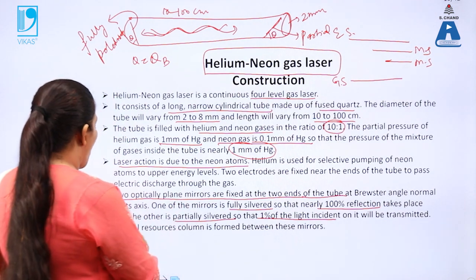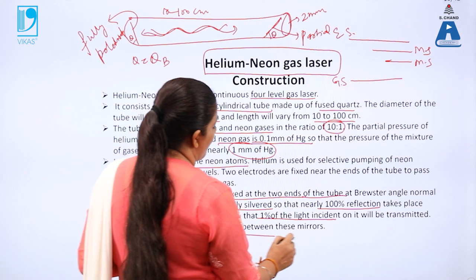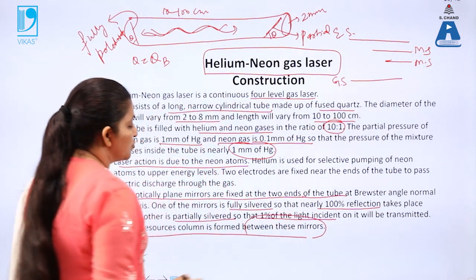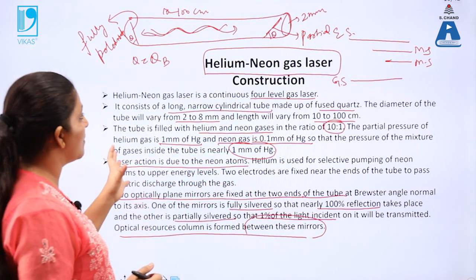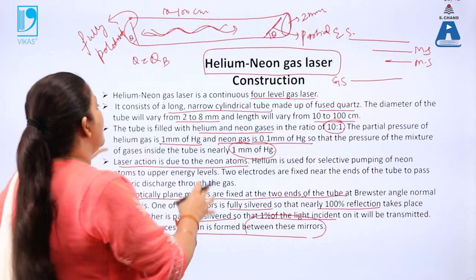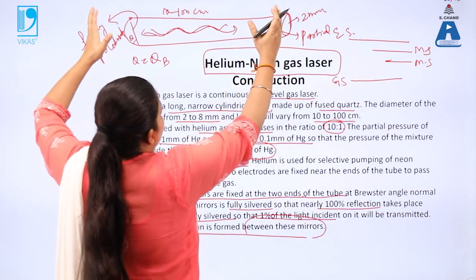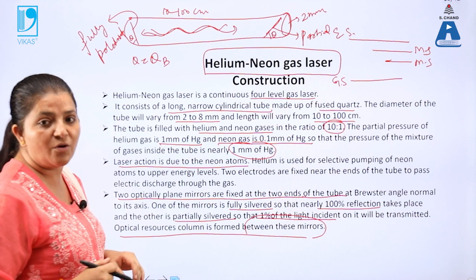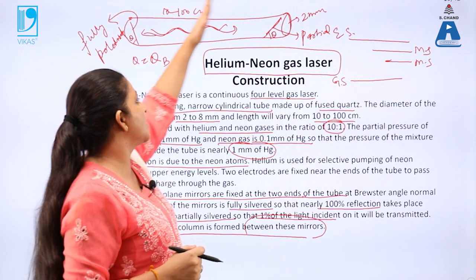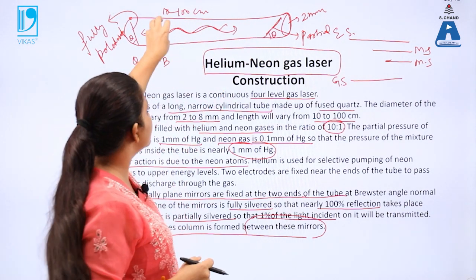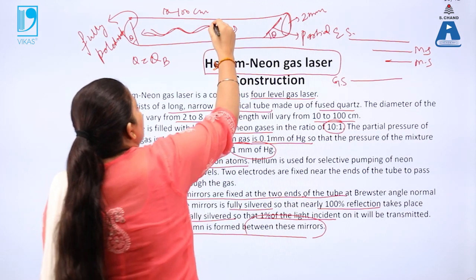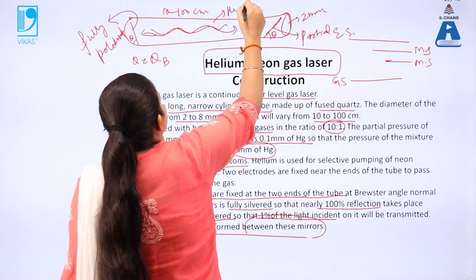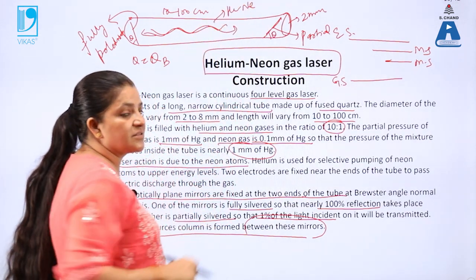And these resonators are formed by the mirrors only. So there are optical sources which are formed by these mirrors. Again, this helium neon laser is taken in the form of a cylindrical tube, and the two mirrors are present in this case. Atoms are filled here, so this is filled with helium and neon gas.